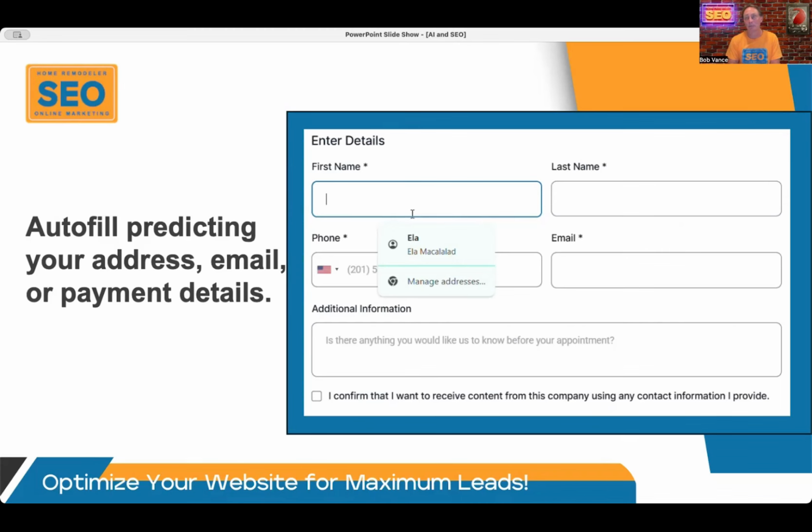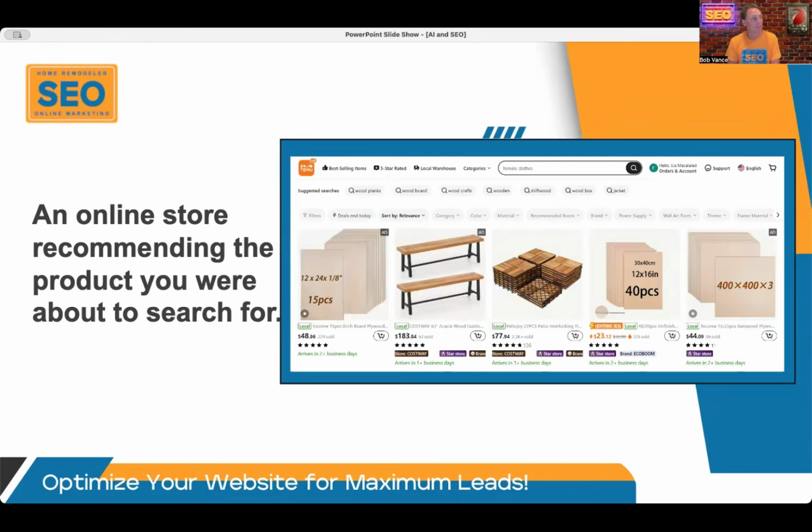We think of AI as some crazy stuff, maybe writing blogs, or Optimus, the robot that Tesla's inventing, and I should say perfecting. It's well beyond the invention phase at this point. But there's all kinds of AI user examples here. Another one is that the online store recommended a product that you just happen to be searching for. Well, hey, imagine that. We know that it feels kind of creepy, right?